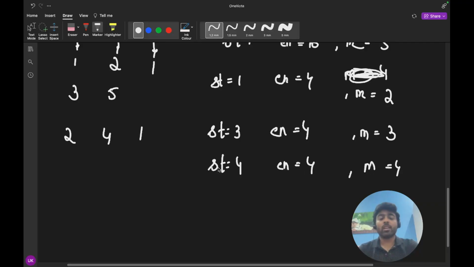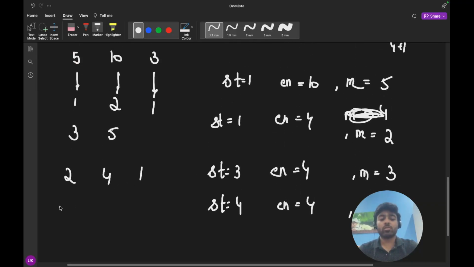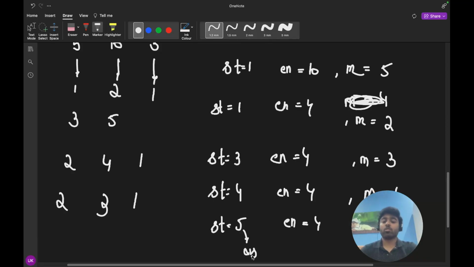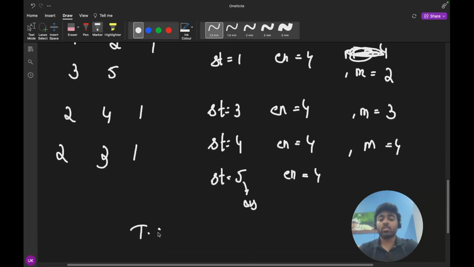If I calculate by this 4, the value is 2 here, 3 here, 1 here. 3 to 5 plus 1, 6. So my value is 6 here. Still this value is greater, so again increase your starting. So starting will become 5, ending will become 4. Now starting has become greater than ending, so your starting is your answer. Okay. If I do it like this, what will my time complexity be?